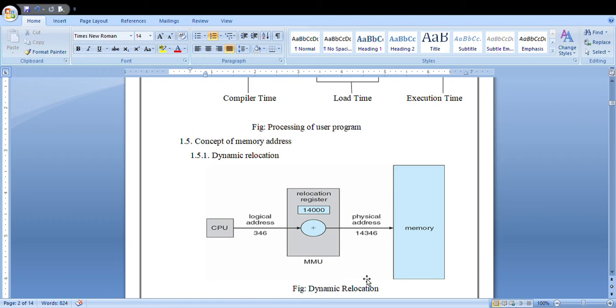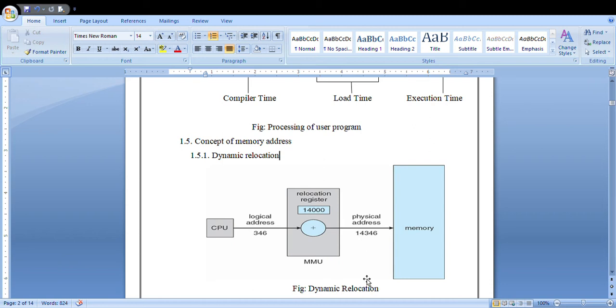This address is also called a virtual address, which you can take as not real. But the physical address is the address present in the memory location. That is the difference between your logical address and the physical address.